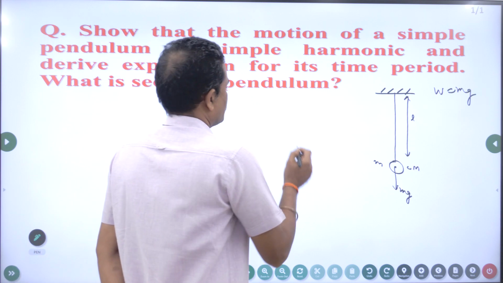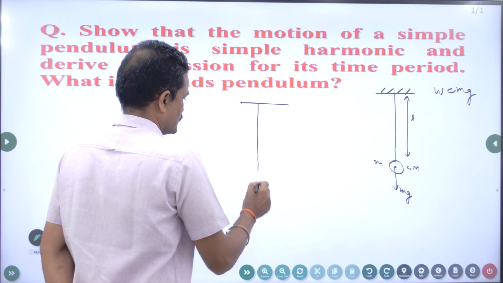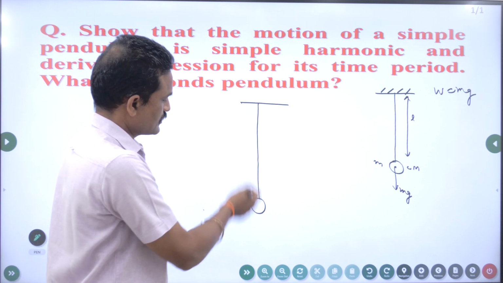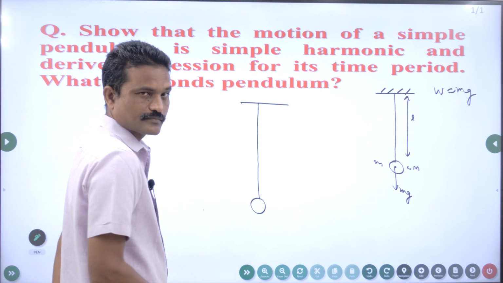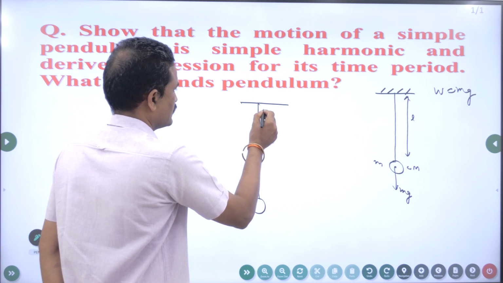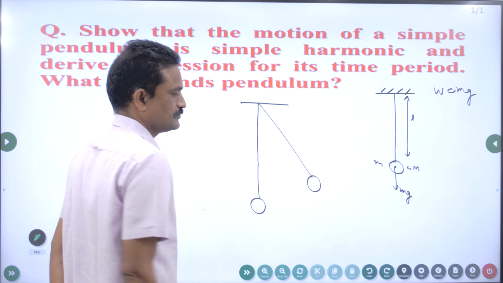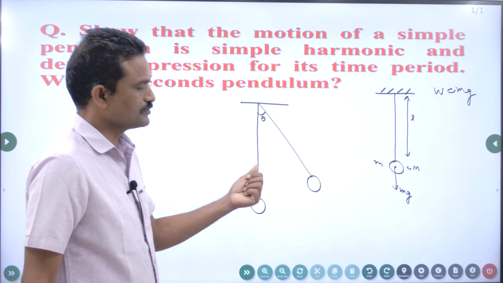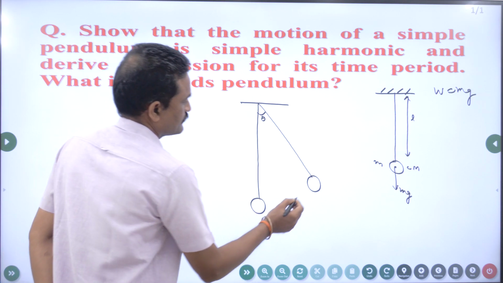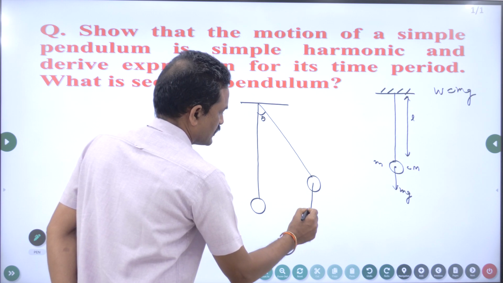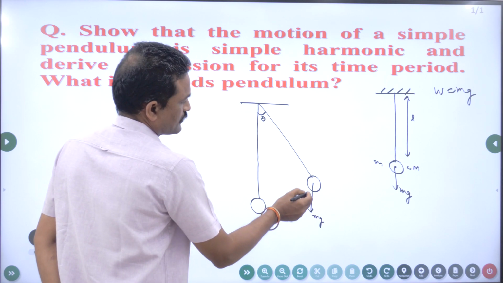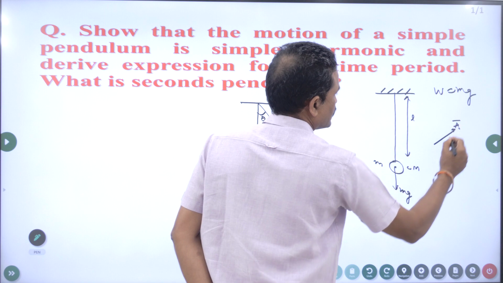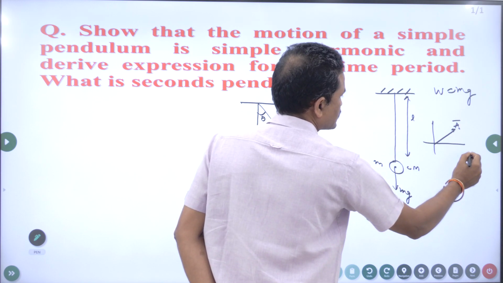Now, suppose this is the bob, this is the original simple pendulum, this is called the rest position, it is also called equilibrium position. I displace it by a small angle theta. Now then it comes to this position. So angle theta must be very, very less, then only it undergoes simple harmonic motion. Now let us take the weight, that is mg. You can resolve a vector into two components. If this is a vector a, it can be resolved into two components along x and y axis.